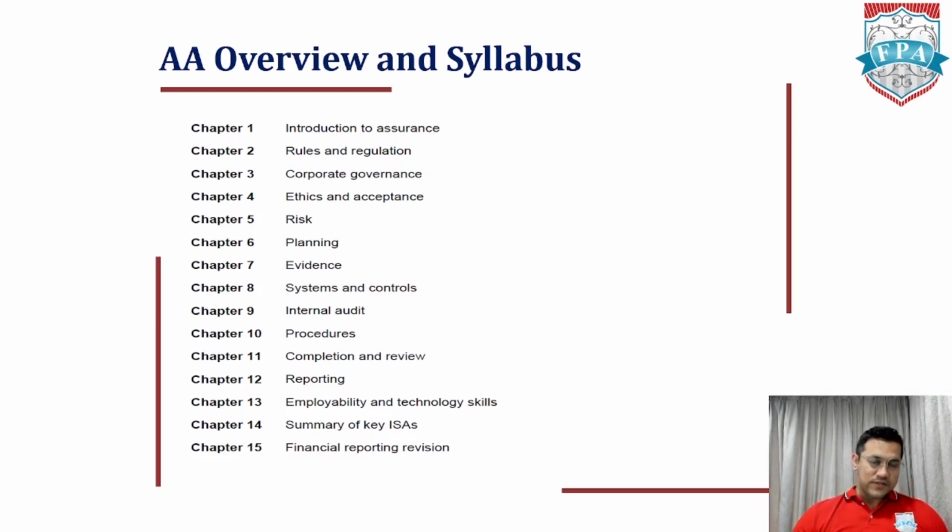Right, now what is there in the syllabus? As you can see, the first few chapters are really around what is audit and why the audit is required, who can do the audit, and what are the auditor's jobs, responsibilities, rights, etc. It gives you a flavor of which companies really need to do the audit, what is assurance, what are statutory audits, and what are limited audits, which are more like a short assignment, special audits kind of thing. So it gives you an overview of what audit as a field is, right?